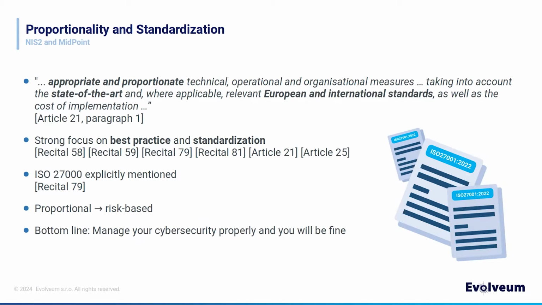Even though the directive is not technically exact, there are some interesting parts that are worth having a closer look at. One of the most important things to understand about the NIS2 directive is that it's firmly based on the principle of proportionality and a risk-based approach. So the directive is not asking you to have perfect security, because that is not really possible, but it is asking you to have appropriate security, or security appropriate for the risks of your organization.